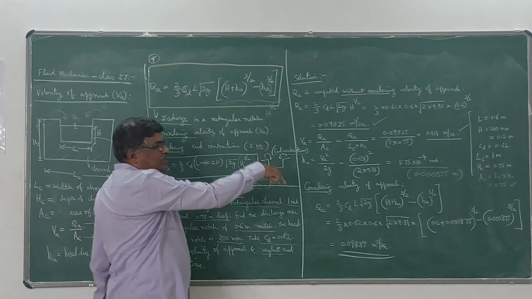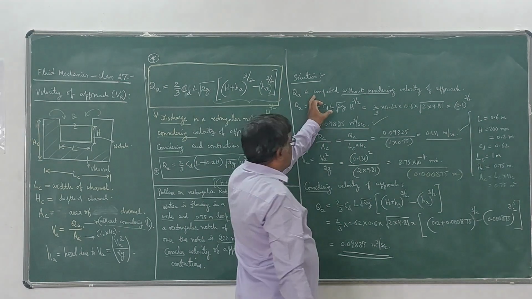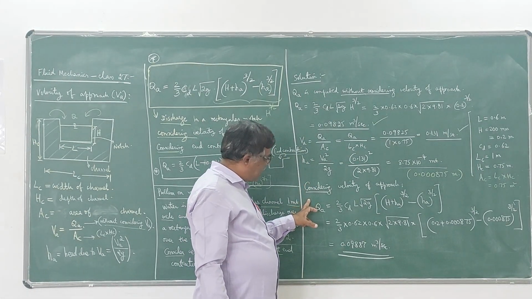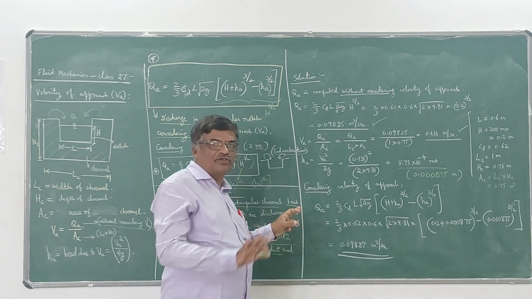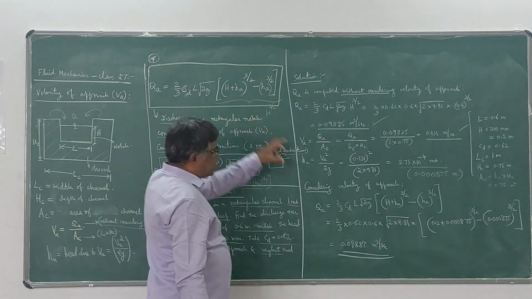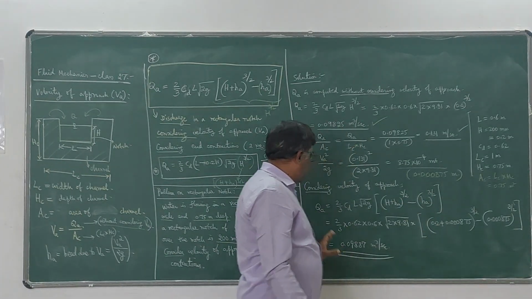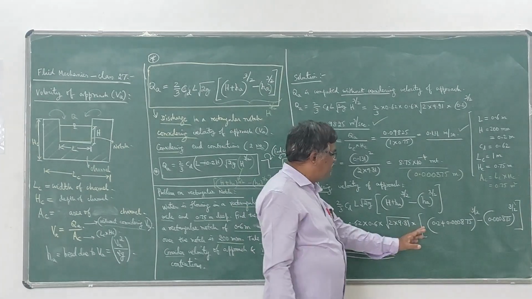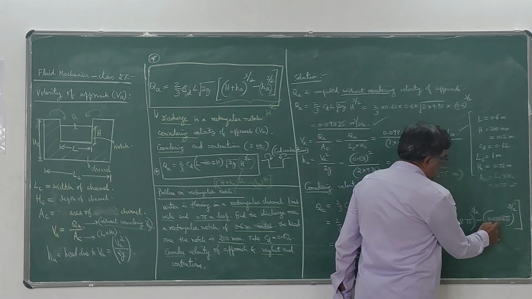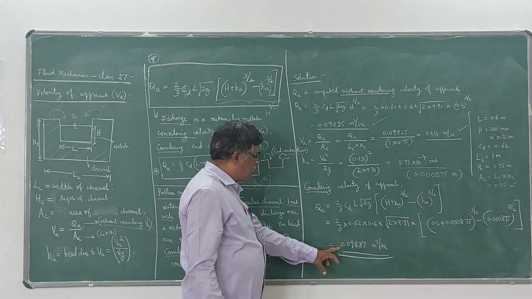So we are using the discharge equation 2 times. First without considering velocity of approach, then after getting the value of HA, you have to write the equation considering the velocity of approach. So it becomes 2/3 CD L root 2g into (H plus HA) to the power of 3/2 minus HA to the power of 3/2. Here these terms are the same, whereas here we have to add HA to H. So minus HA to the power of 3/2.